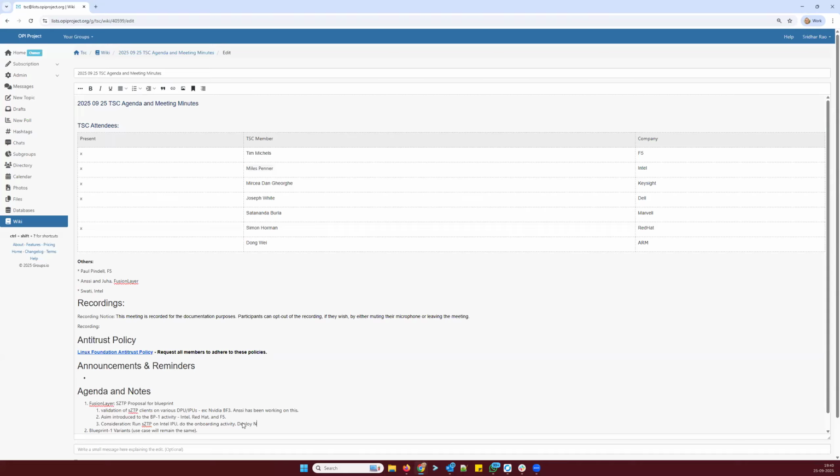Well, yeah, it does. The blueprint that we've been working on and developing, and we've shown that it works on the Intel card and also on the Marvell card so far, is that we wave our hands and say that we've used SZTP to get basically an IP address on the card and credentials and things so we can connect to the card. We haven't actually done that in the demo, but we know that it's worked in the past.